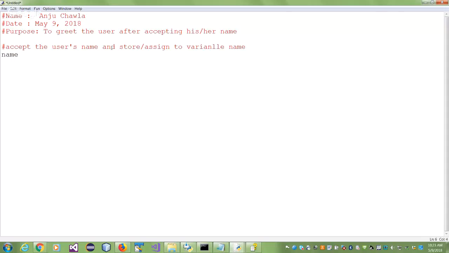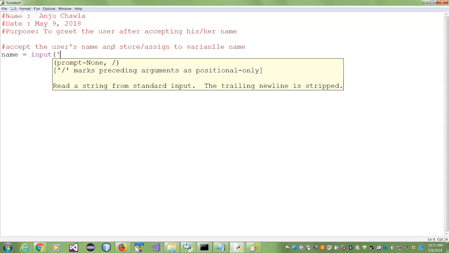So take your variable on the left-hand side, put the assignment operator, use the input function. Please give a good prompt sign. You notice how it says prompt is equal to none, and this marks preceding arguments as positional only. We'll talk about it. Read a string from the standard input. The trailing new line is stripped. So whatever you give as input, and when you press enter, the enter is lost.